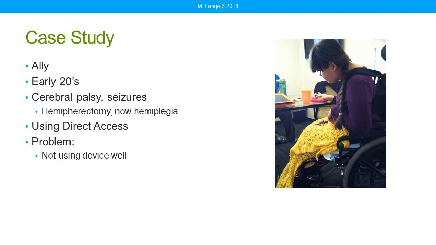All right, so this is Allie. Allie is in her early 20s. She has cerebral palsy and in her past had very, very severe seizure activity. Because of that, her doctors performed a hemispherectomy where half of her brain was removed, and that was the half that was responsible for the seizure activity. So her seizures are now under control, but as a result, she has hemiplegia on the opposite side of her body. She uses direct access, but when I was unable to